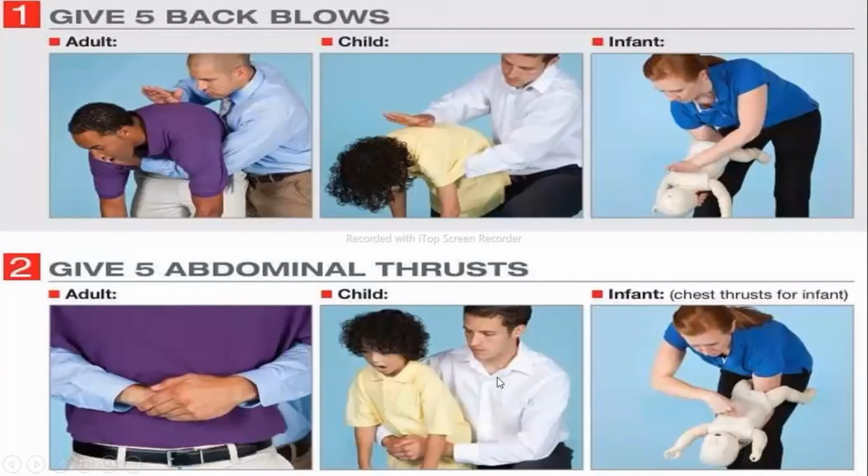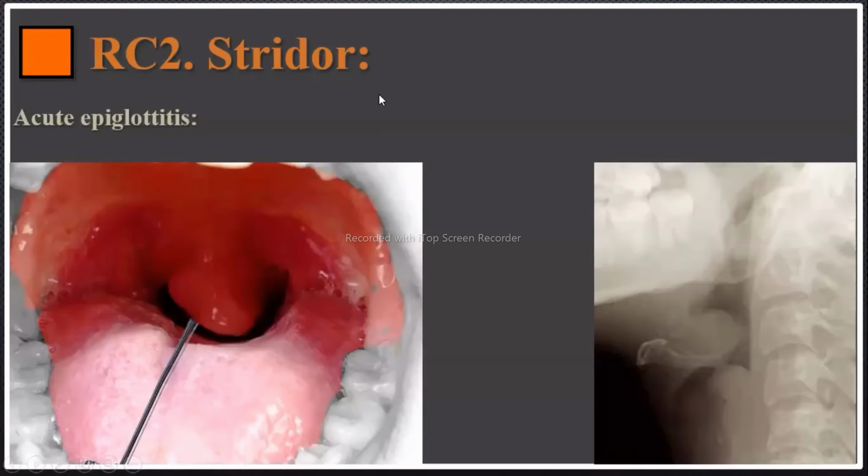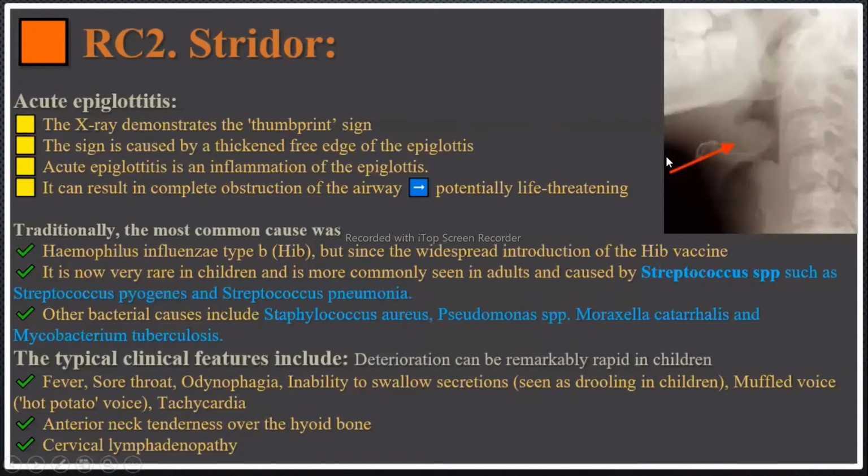Okay, as we said, stridor. The most important in stridor, you have croup and you have acute epiglottitis. The most important in the exam: acute epiglottitis and croup. So this one is inflammation, and you can see what is the sign here, guys? Thumb sign. Thumbprint sign, yeah. Excellent. So the X-ray, and regarding the causative organism, the most common causative organism is Haemophilus influenzae